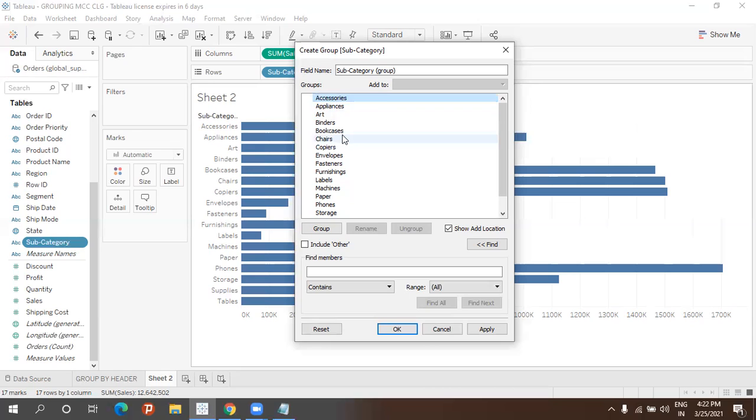So let me press and hold the control key and then select all these five. Together, just press and hold the control key and select all those five things. Five labels you selected. Then at the bottom here, just click on group.